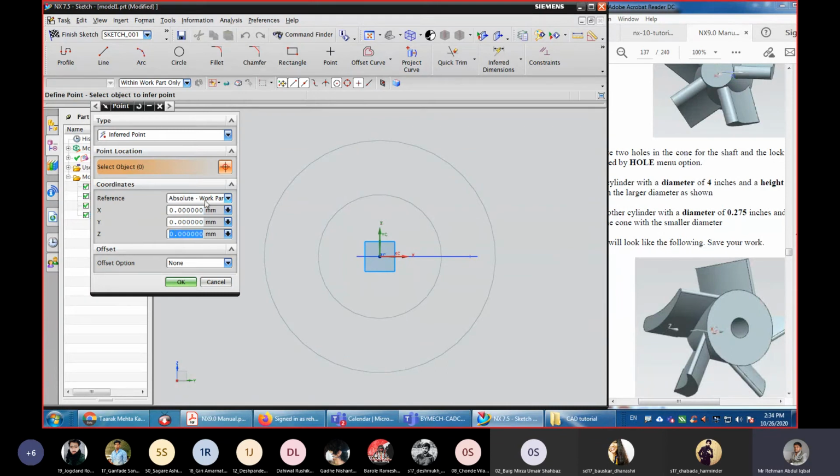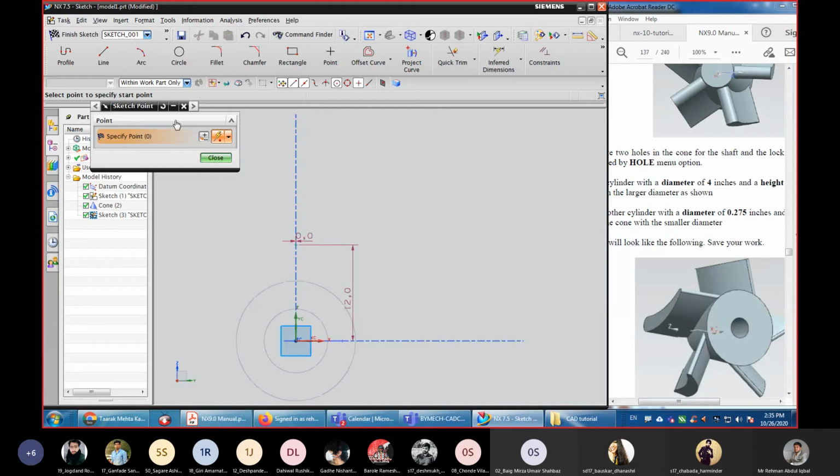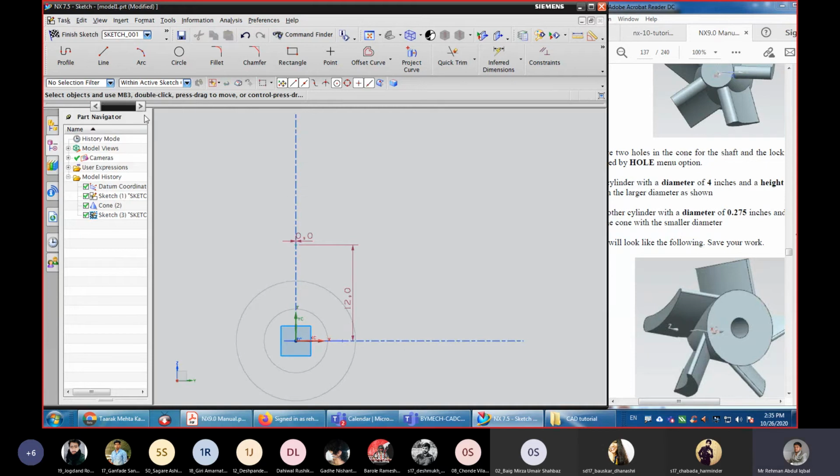So here absolute coordinate system we are using. So in absolute coordinate system, it should be Z equal to 12. Okay. And working coordinate system, it is Y equal to 12. So we will use absolute coordinate system and see the point has been created.